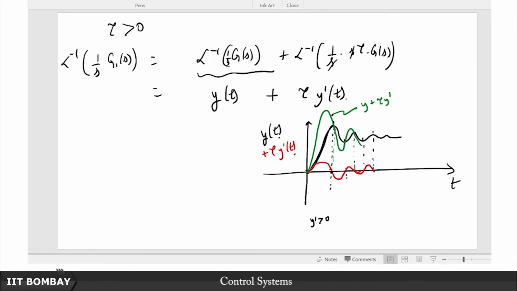So this is a very rough sketch and probably not a very satisfactory one, but this is how you see that the effect of an additional 0 on the left half plane is moving the system response to the left. So it prepones, or that is Indian English, so it kind of brings the peak time forward, it increases the percentage overshoot. So these are the general effects. It decreases the rise time, increases the percentage overshoot, decreases the peak time,